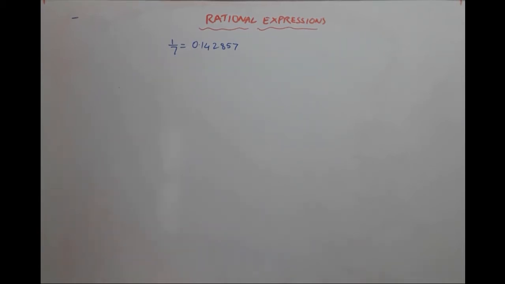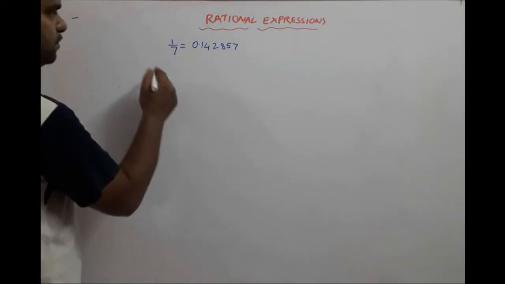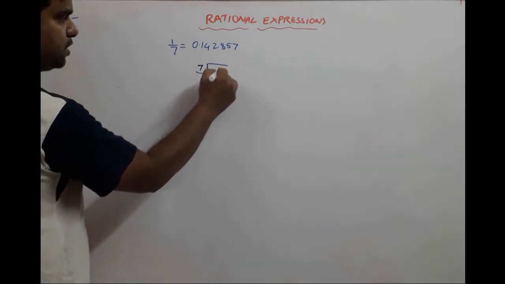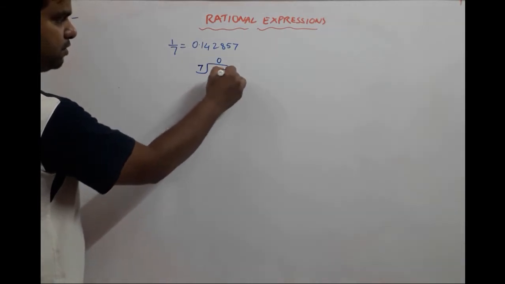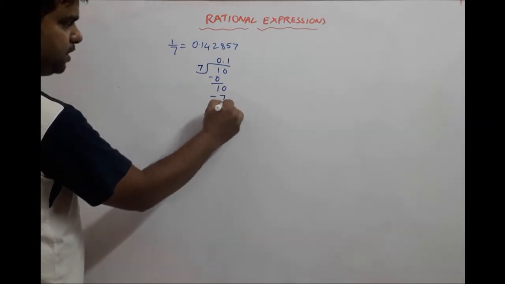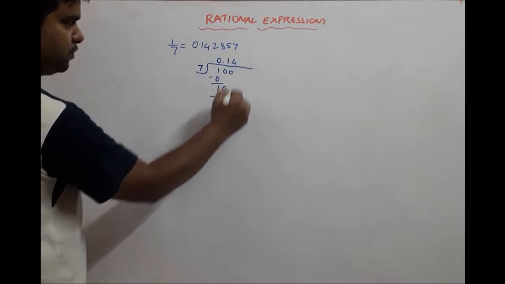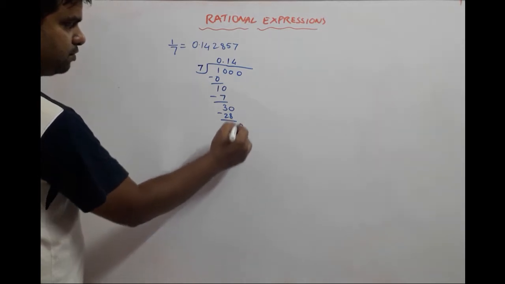Let us begin with what we are given first. 1 upon 7 is equal to 0.142857. So let us first divide this and see how we get this particular value of 1 upon 7. So 1 upon 7 means it will be 7 divided by 1. Okay, so division not possible, so 1 minus 0 is 1. Bring a 0 here, put a decimal point over here, bring this 0 down. 7 ones are 7, we get 3. Put another 0 over here, extend this line, bring this 0 down. 7 into 4, 28. 2, put another 0, bring this 0 down.